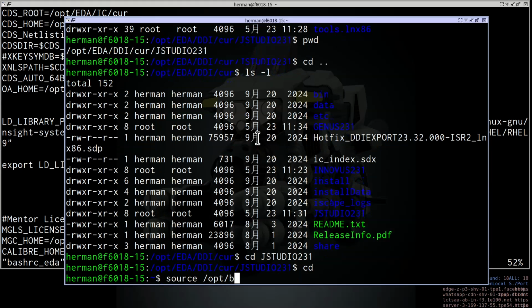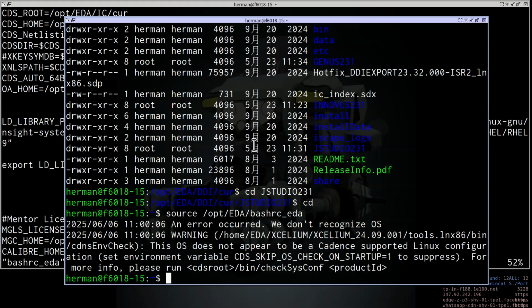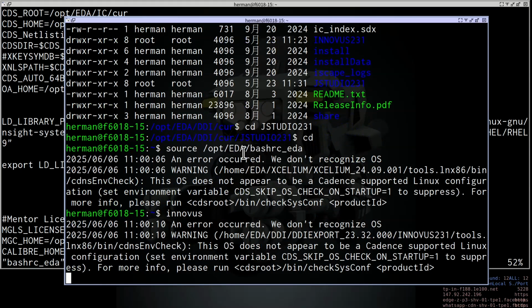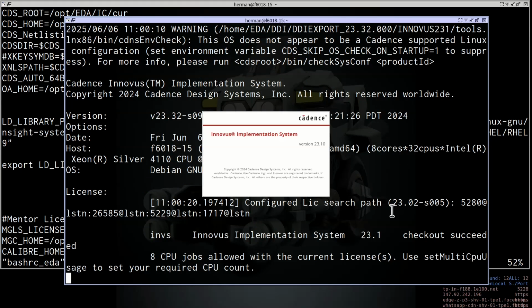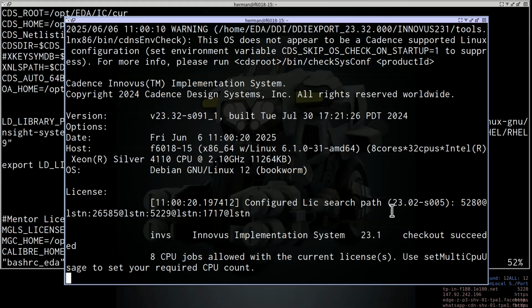Okay? So you can source again, bash source opt eda bash rc eda, then type Innovus. I think this time we can run Innovus now. You see? So that is how you solve all the problems encountered when you install Innovus.